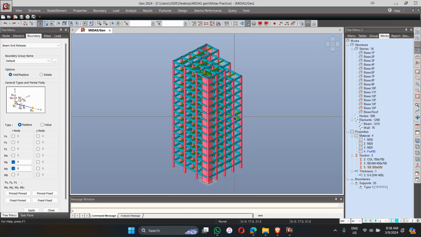Today I am going to continue from the previous session. In the previous session, the geometry of the structure was created, the materials were defined and assigned, the sections were defined and assigned to the geometry, and the boundary condition or support condition was assigned at the base of the structure. And here we see